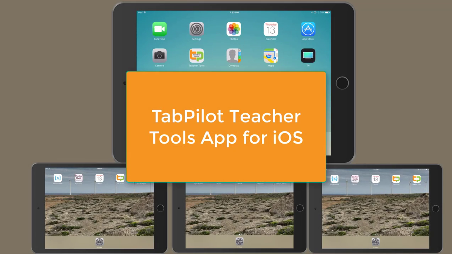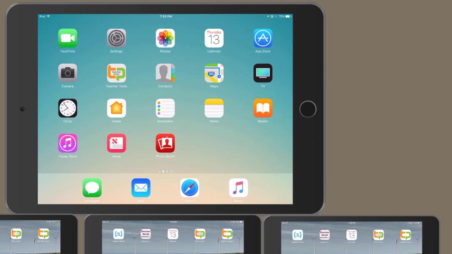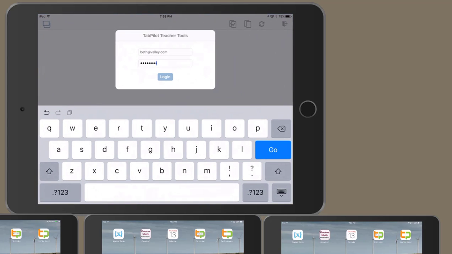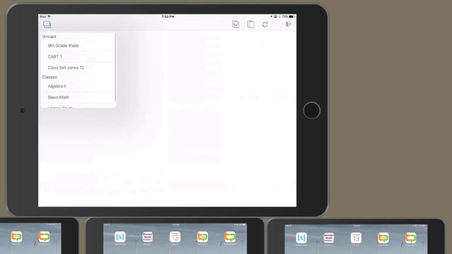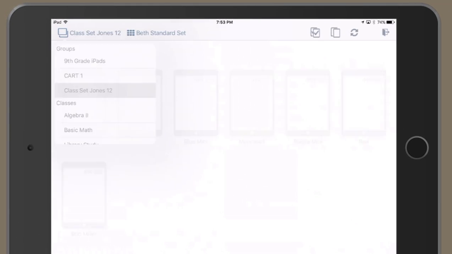This video will look at the TabPilot Teacher Tools app for iOS. It provides the same functions as Teacher Tools in Control Tower and is launched from the icon directly on the teacher's iPad, where they can log in using the same ID and password that's used for Control Tower. A list of groups and classes is presented, and the teacher can select from the ones that they have access